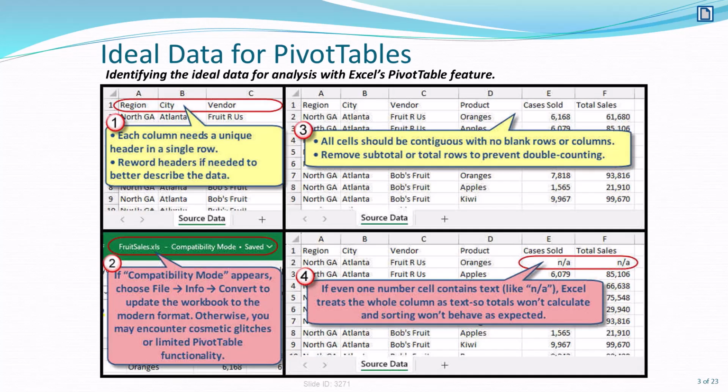This rule about needing a single row of unique titles is actually what I consider an unwritten rule in Excel, where pivot tables mandate that you have a single row of titles like this. Other features don't mandate it, but across the board, Excel functions better as a whole if whenever you have a list of data, that you make sure that data has a single row of unique titles across the top. Many folks get hijacked unexpectedly because they might take titles and wrap them across two or three rows of cells, and that